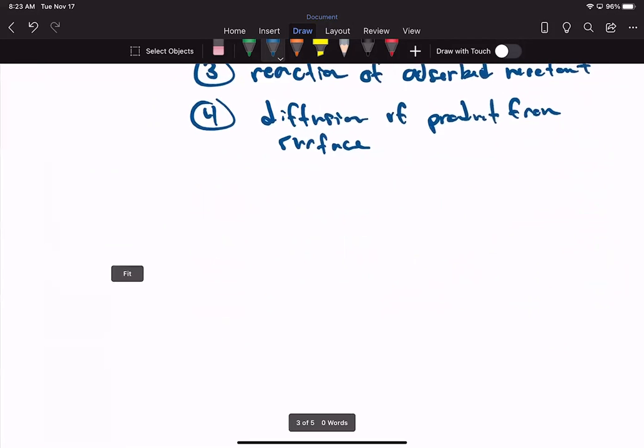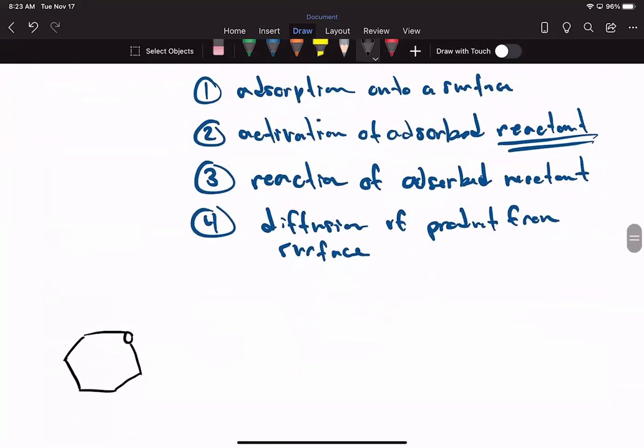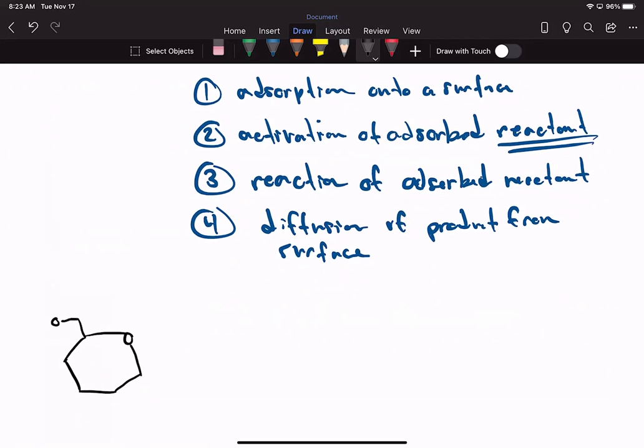A single step reaction can look something like this. We have, let me draw glucose out here. You said those steps are for what again? I'm sorry, this is for multi-step. This is going to happen for heterogeneous catalysis. Thank you. So here,